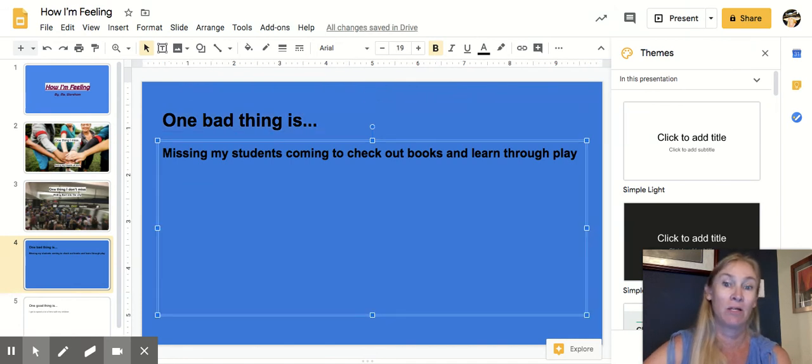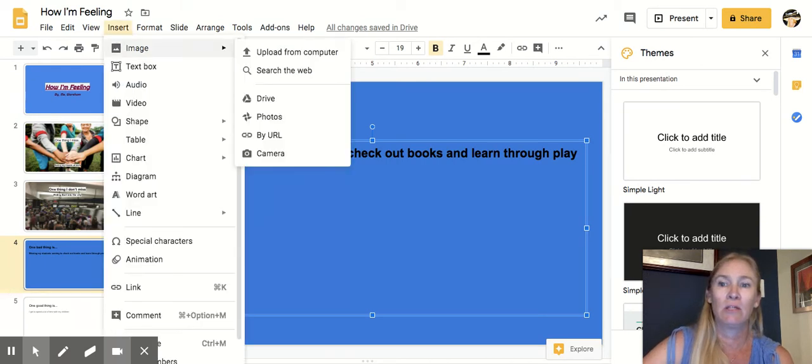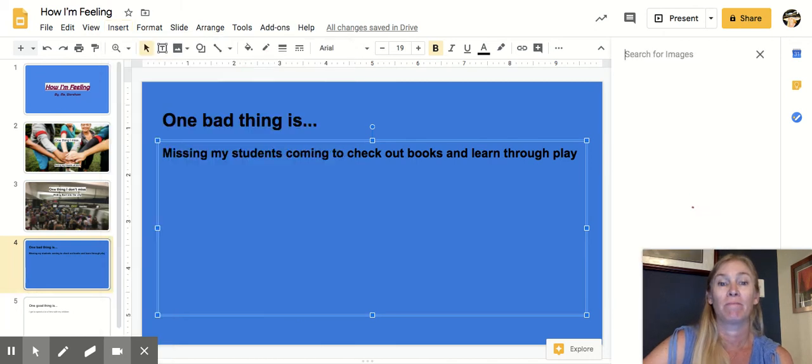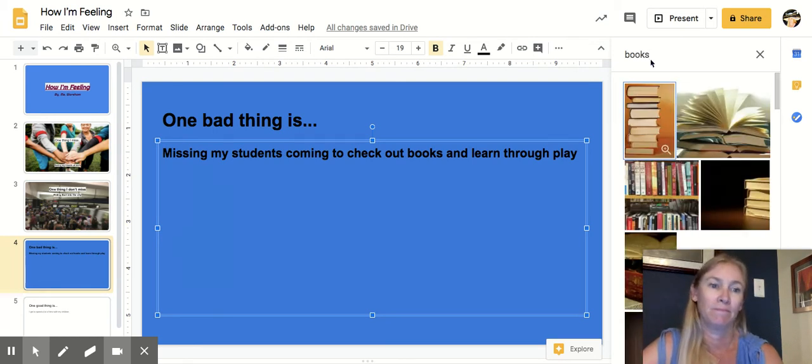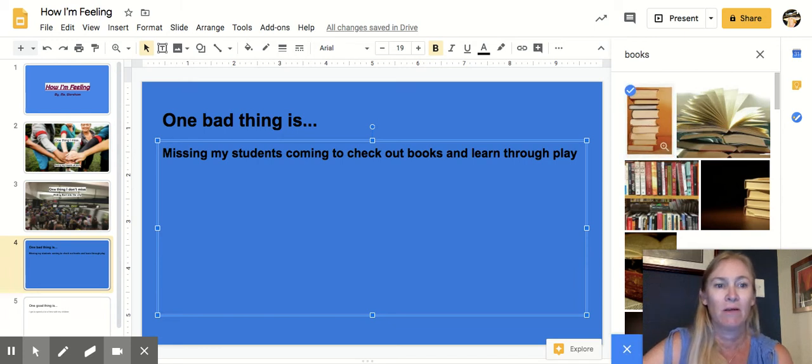Okay, so now I want to insert 2 images. I'm going to go up to this word insert, click on insert, and you see the square with the 2 mountains in it, image, and we're going to go to search the web. If you do have pictures in your drive, then you would be able to use those, but right now we're going to search the web. And I'm going to search for books. That's a nice pile of books. So I click on it,